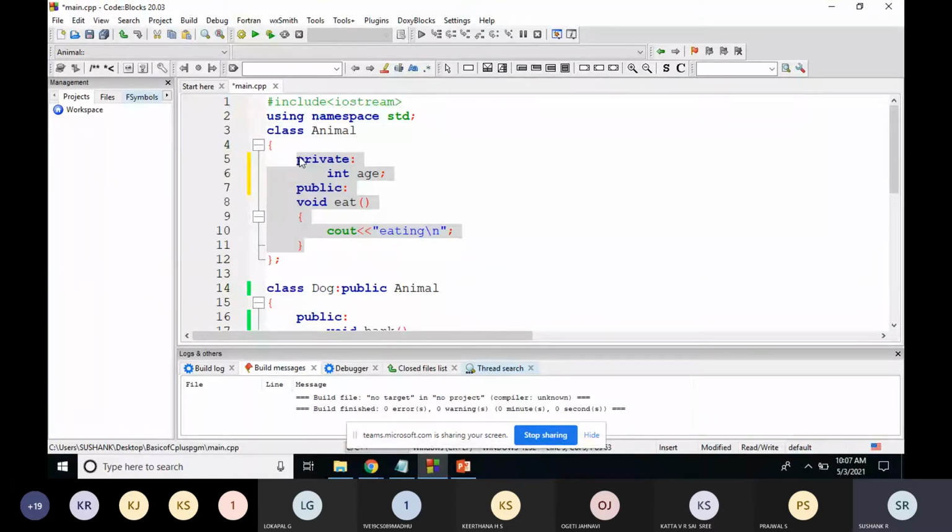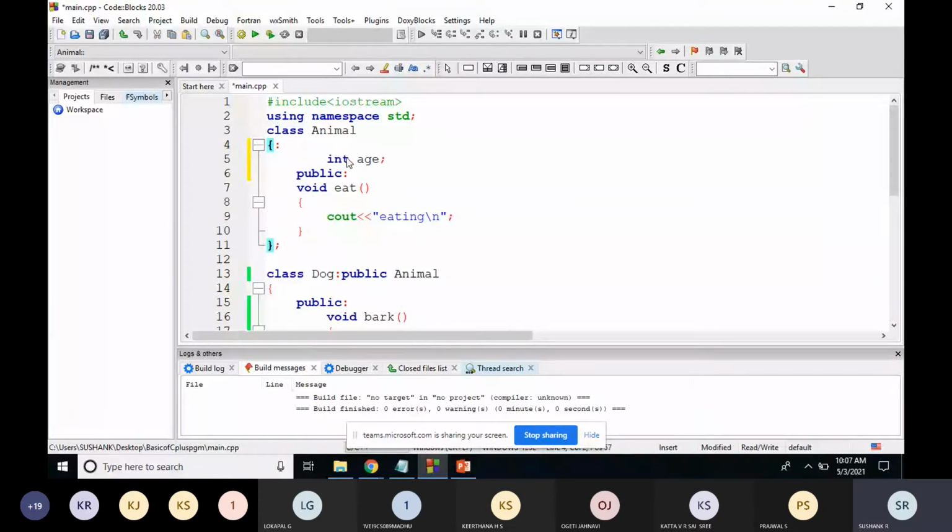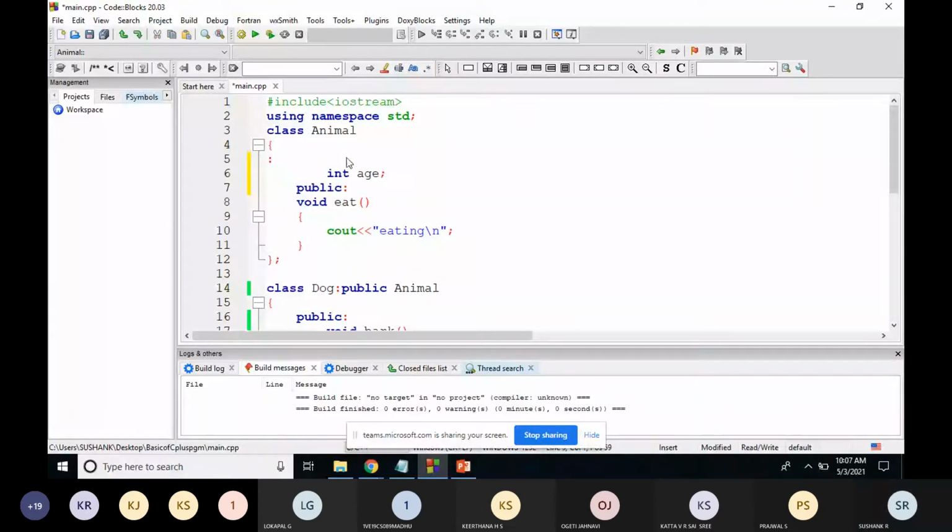So the same concept. Now, what will happen if I make this variable protected? Public, anyone can access, from any place, whether it may be a function or a variable.